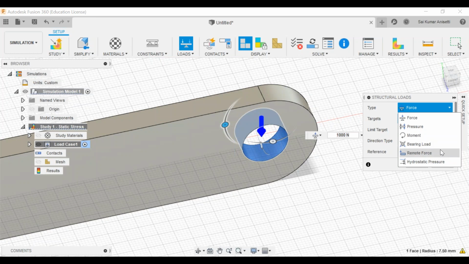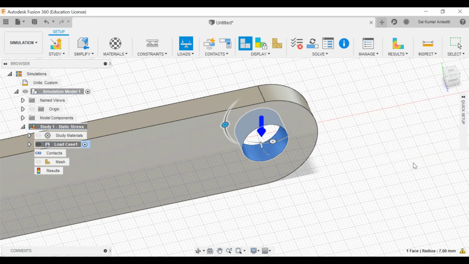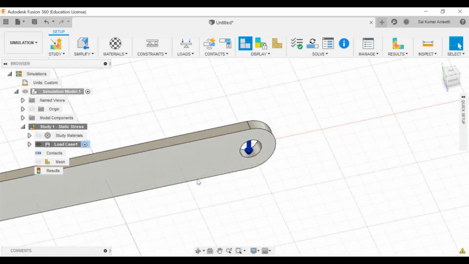And remote force. Remote force means another external force is acting on it, due to a single object, whereas this is pressure due to your environment. And hydrostatic pressure, like with fluids and gases. If you have a cylinder analysis, for example an LPG cylinder, you have internal pressure, and you give a hydrostatic load, or else you give water or some fluid. Pressure exerted by a fluid is a simple hydrostatic force. Let us give this force as 1000 newtons. I don't know the exact value, I'm just giving it randomly. Let's check it now. You need to show it off.